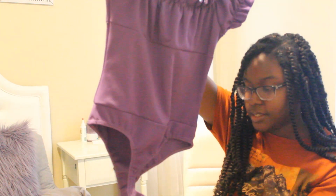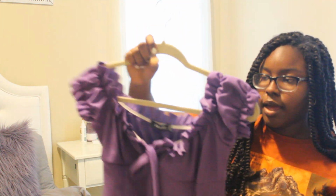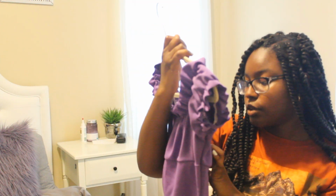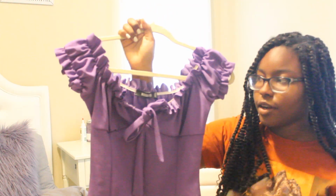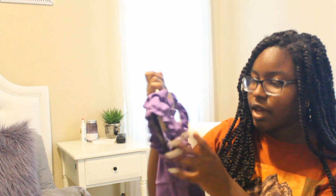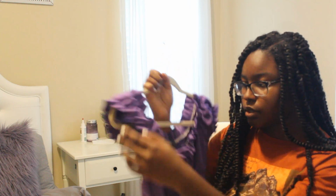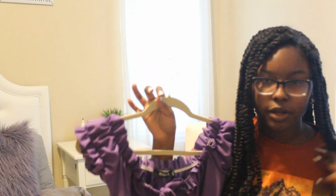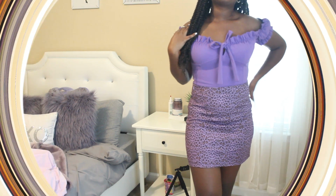It has 3 snaps to undo. It's very stretchy, and it's a size large as well. This is what it looks like in the front. It's purple, my favorite color, and I love the sleeves. On the model they are off the shoulder, so I assume they're supposed to be that way. I'm definitely gonna be wearing this a lot. So yeah, that's